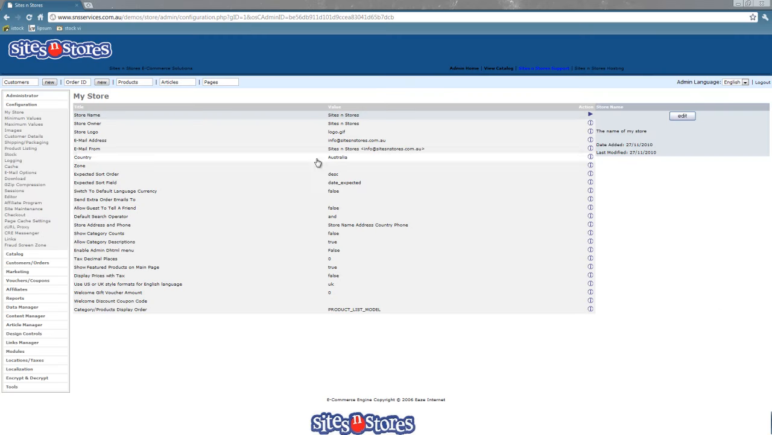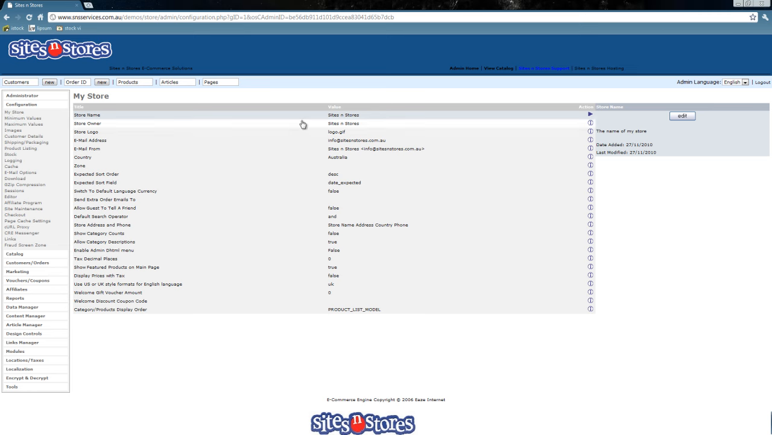In this video, we'll be going through in detail what the configuration button on the left-hand side of the screen does. When you click on it, you will get quite a few options that pop up underneath there. The first of which is the My Store option. So in here, you can see the name of the store itself as well as the name of the store